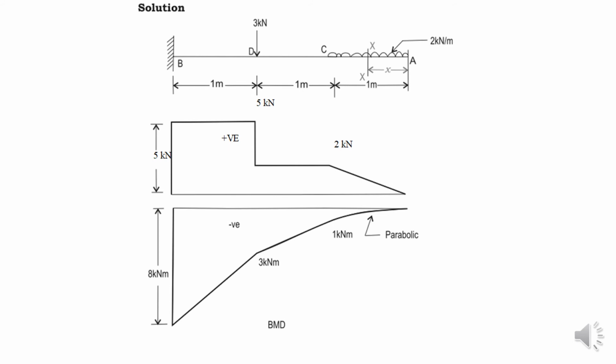See, this is the variation of shear force and this is the variation of bending moment. So here you can see the UDL variation for the shear force diagram. It is an inclined line, and here also it is a parabolic curve. Okay, and then it is an inclined line, and again it is also an inclined line.